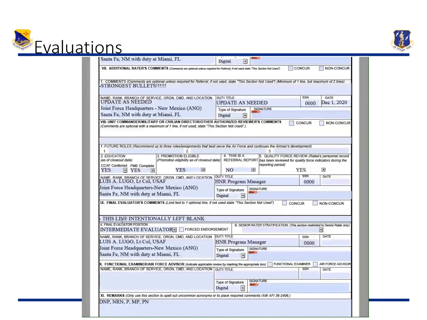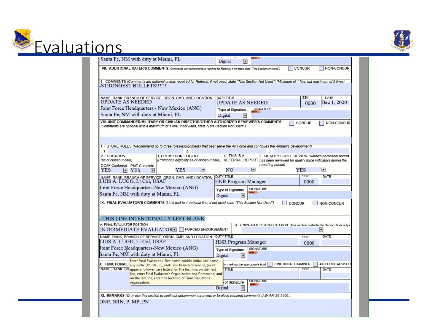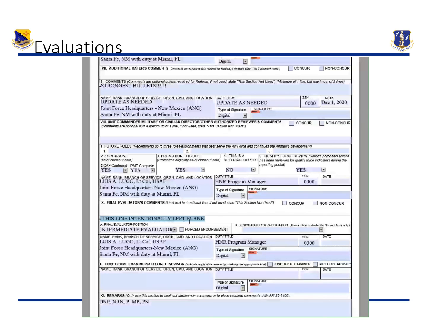And then last but not least, you have your final evaluator, which according to the AFI can be the senior rater as well. So depending on how the chain of command looks, it could be the senior rater. And then you'll have one final statement, which for most people is considered your push statement or your promotion statement, where the senior rater will say, this is my number one guy because of, and then action, impact, result. And it'll have typically at the end, something like promote to, in this case, Senior Master Sergeant.